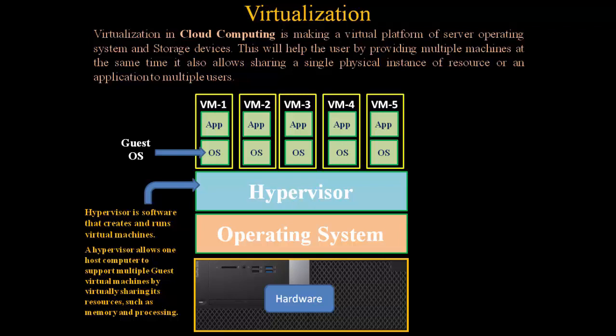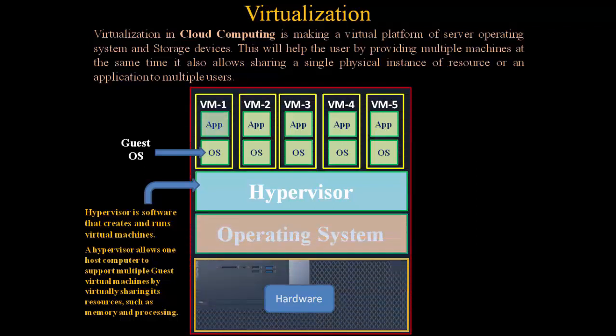Using that you can install multiple operating systems and on that you can run a number of applications. So this is our virtualization. This concept is known as virtualization and it is achieved because of hypervisor software. Now when we go in depth about the hypervisor, it has basically two types. One is Type-1 hypervisor and the second one is Type-2 hypervisor. So now let us discuss both hypervisors in detail. First we will discuss the Type-1 hypervisor.